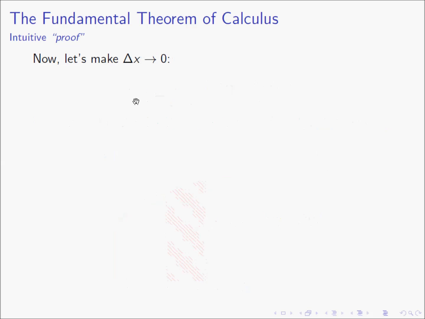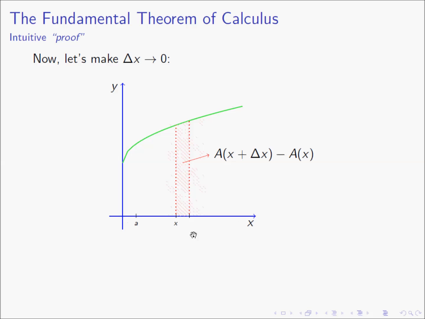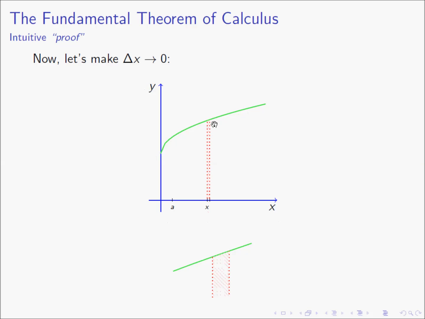So now we're going to make delta x approach 0 because we're taking the limit. So we're going to make delta x smaller and smaller. We'll make it even smaller and even smaller. Now let's take a closer look at this region here. Here I have zoomed into this region, and we see that we have kind of a trapezoidal shape,